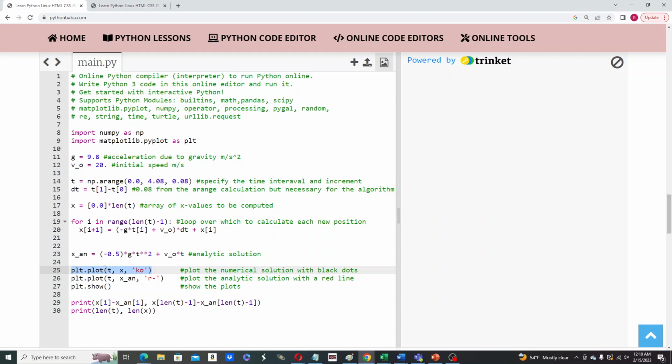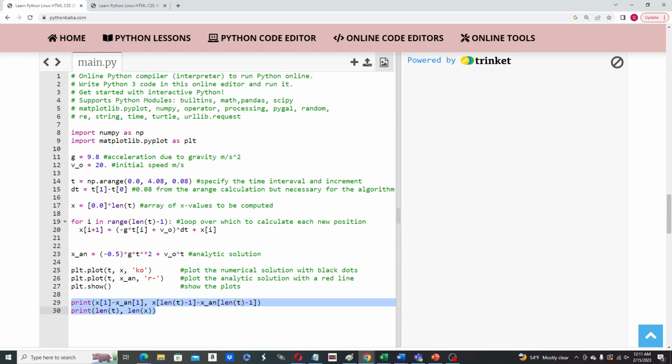And then we're also plotting the t and analytical solution in red lines, and then we're going to show. Now, these last two lines are just a matter of taste for me, okay? And they're going to be